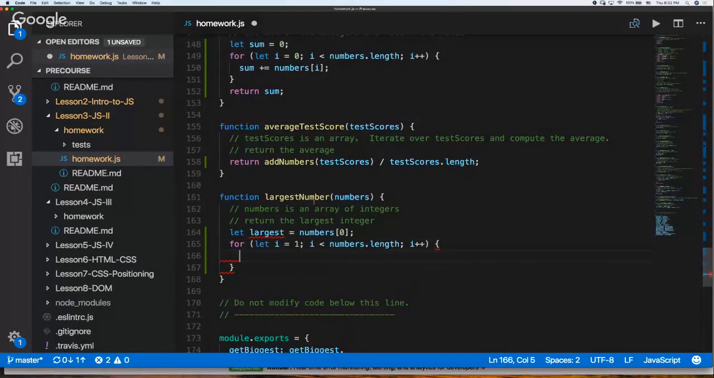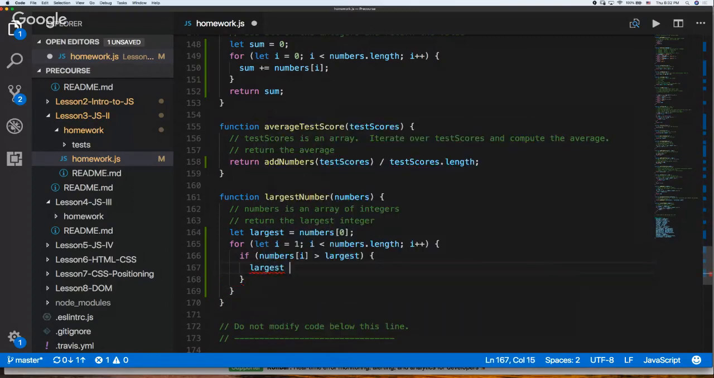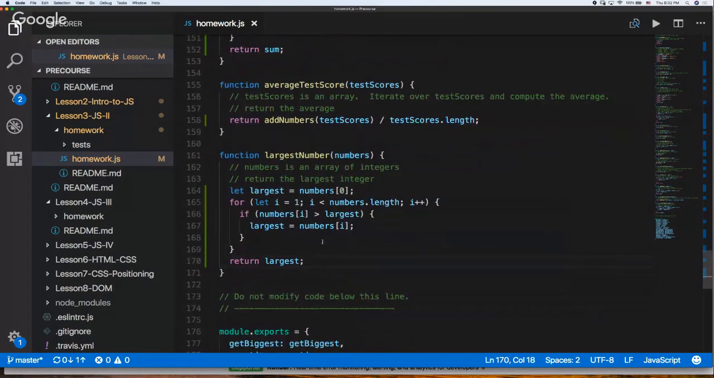Again, for a more advanced student, you could use array.reduce here. Use the reduce method. This would be a great candidate for that. And then we'll say if numbers at index i is greater than largest, then we'll set largest equal to the new item, and then we will return largest like that. So again, this will allow us to cycle through the entire array and check to see if there's